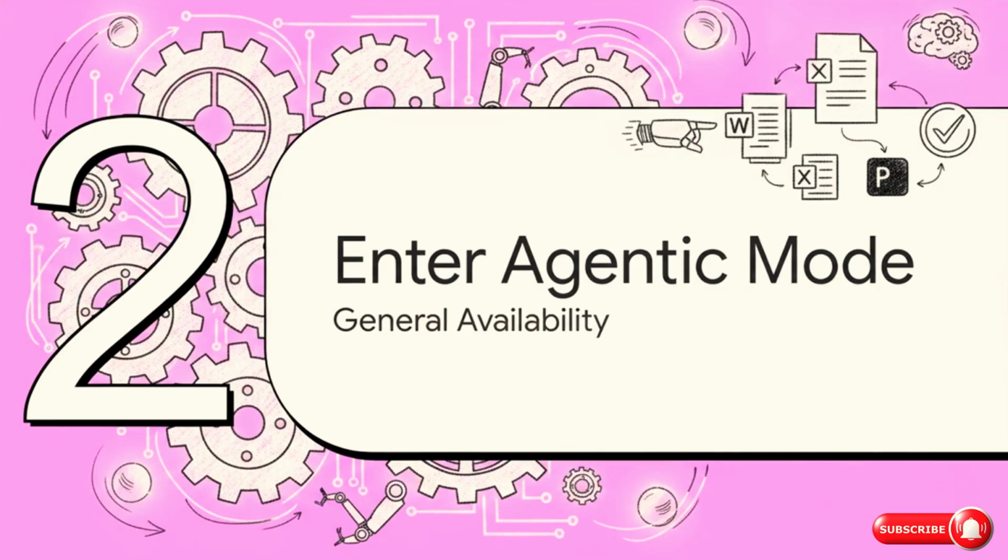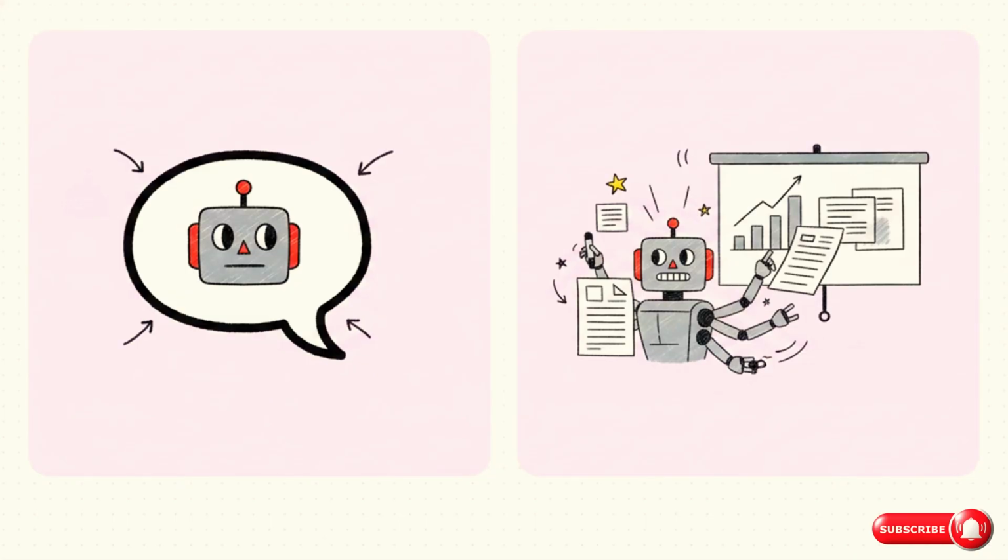Moving on to Section 2, enter agentic mode. Now, what's really interesting about this slide is the stark contrast between what we had just last year and what we have today. Agent mode is the official term for this new capability that just hit general availability across Word, Excel, and PowerPoint. Copilot used to be this passive AI, right? It could answer your questions, sure, but it was basically just a bystander. Agent AI actually takes multi-step, app-native actions directly in your files. We're talking about an AI that understands the richness of a pivot table, the precise use of animations, and the